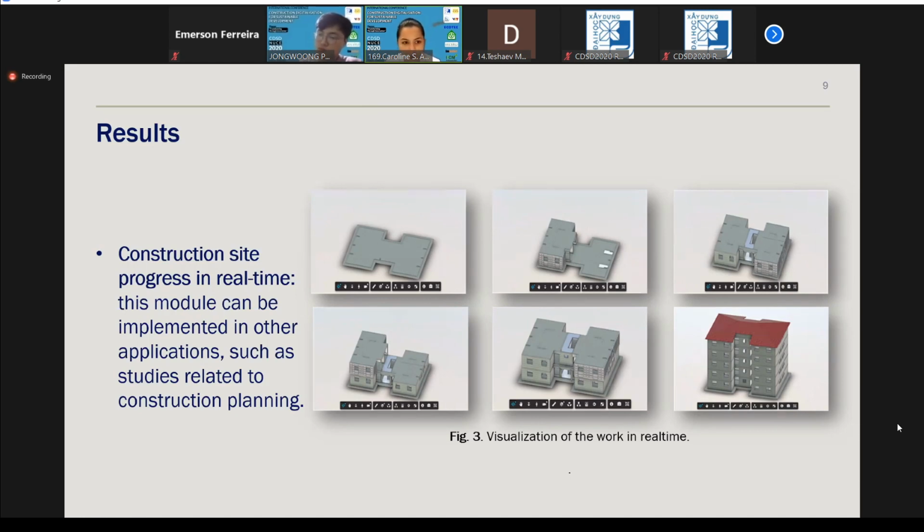So in an automatic way, we can collect data and see, in the first picture, the initial phase of the work with the ground, foundation, and after this, the first stage of the construction with a half pavement and the other pavements until the completion of the building, following the constructive system. So this model can be implemented in other applications, such as a study related to construction planning, but here it's integrated with the other models.